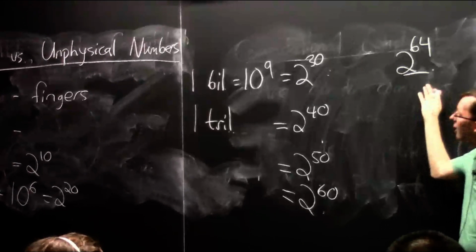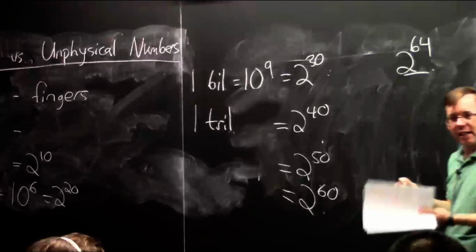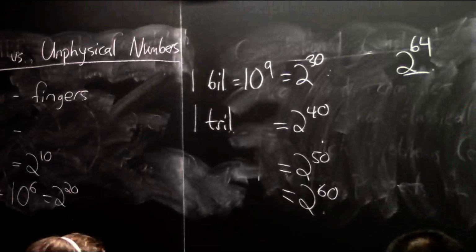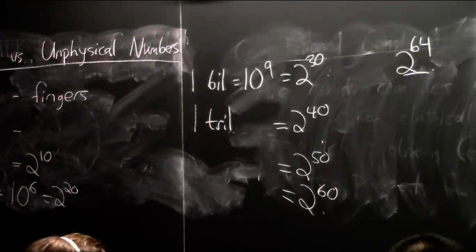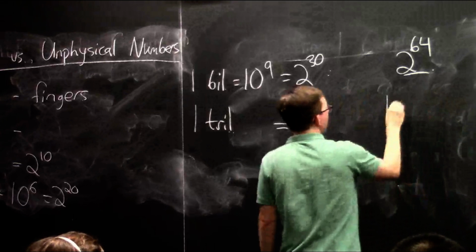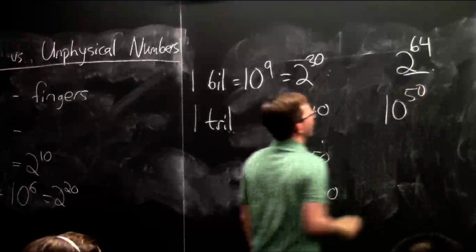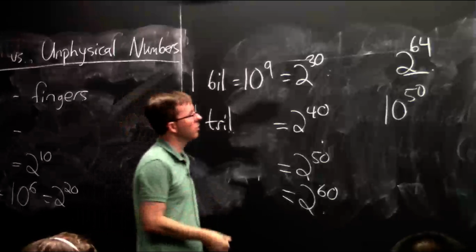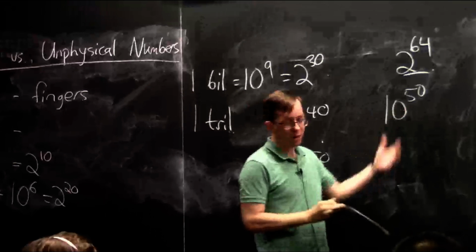So if we go back to this, it's like counting some objects. These are numbers which can conceivably count things which exist in our physical world. Let me skip a few and go up to a very large quantity, like 10 to the 50. 10 is like 2 to the power of 3, kind of. So this is like 2 to the power of 150, maybe.